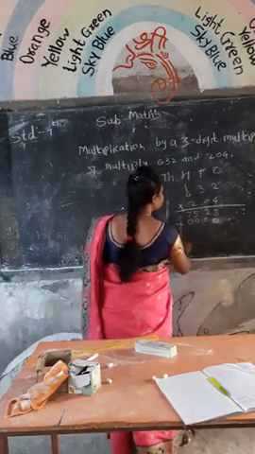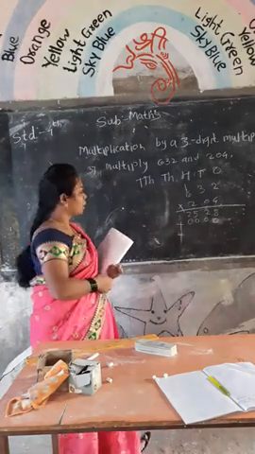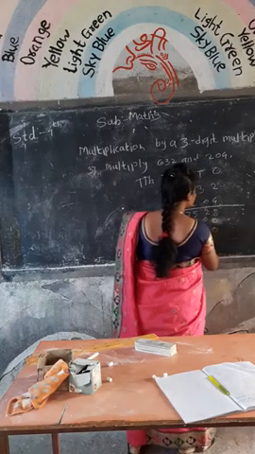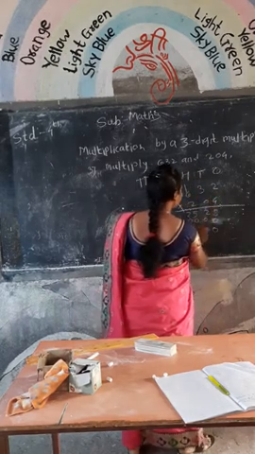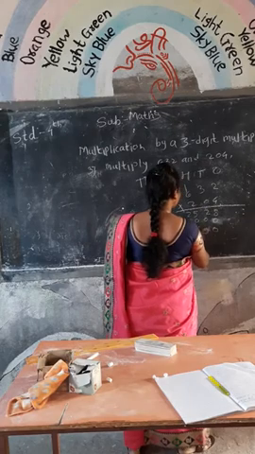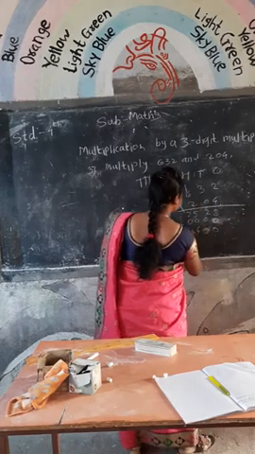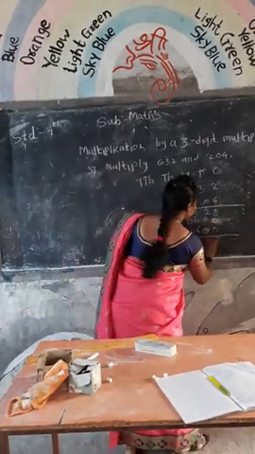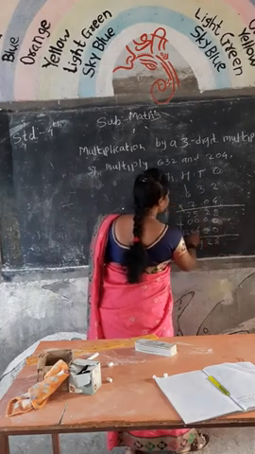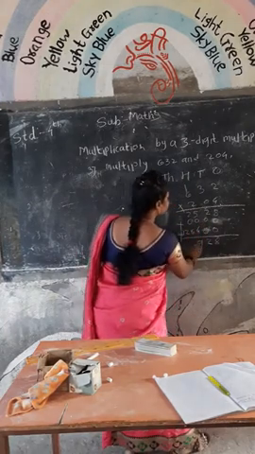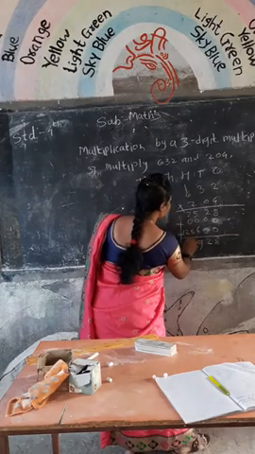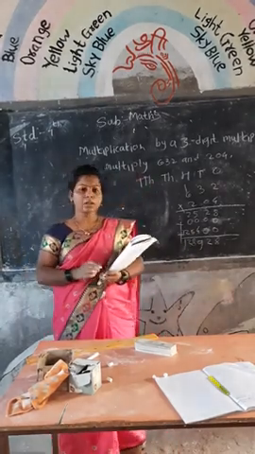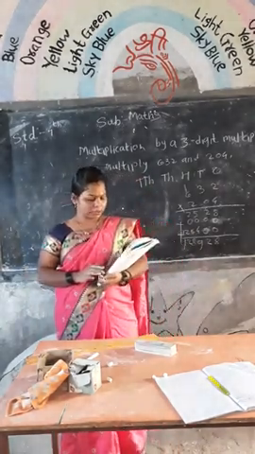Then secondly, multiplication starting from hundreds place. Then take tens place and ones place as 0. 2 2s are 4, 2 3s are 6, 2 6s are 12. Addition of these three is 8 as it is, 2 as it is, 5 plus 4 is 9, 2 plus 6 is 8, 2 as it is and 1 as it is. 1,28,928. This is the final answer.